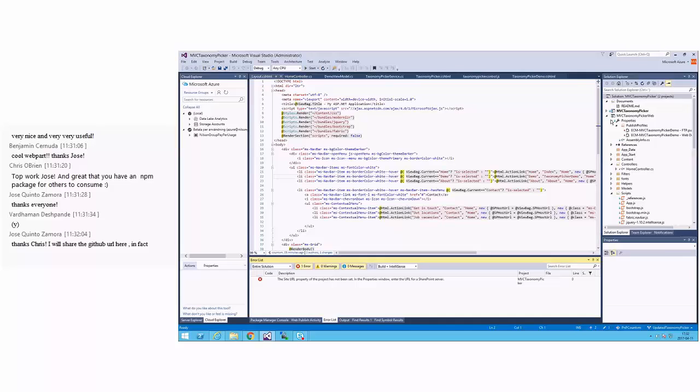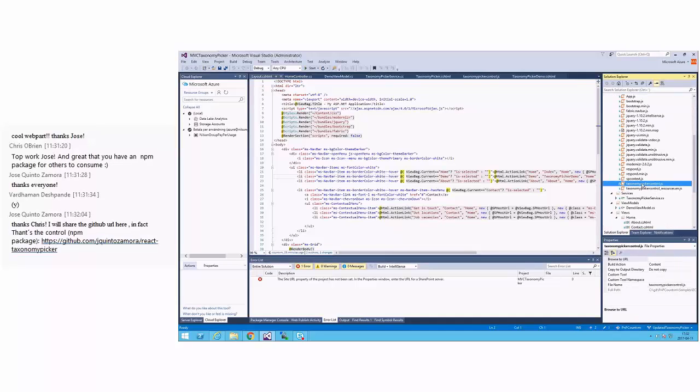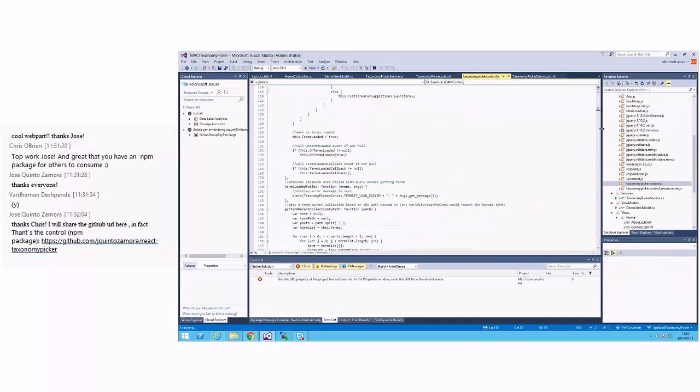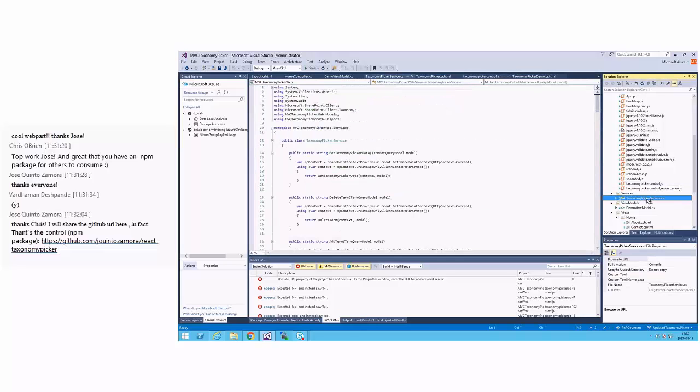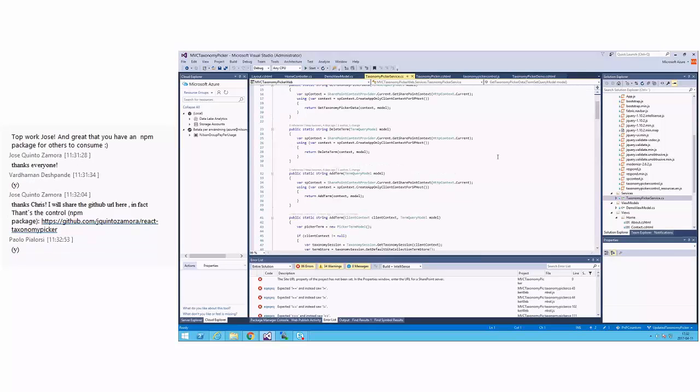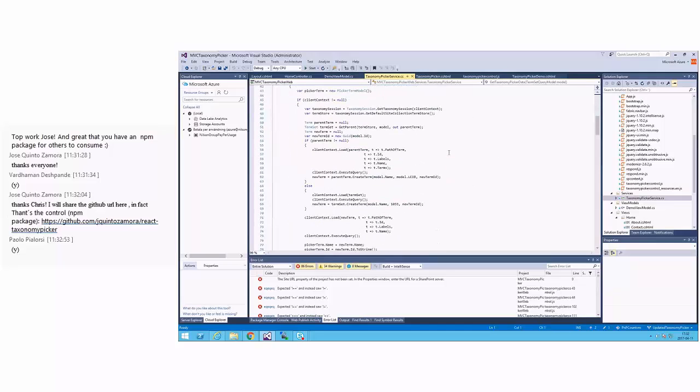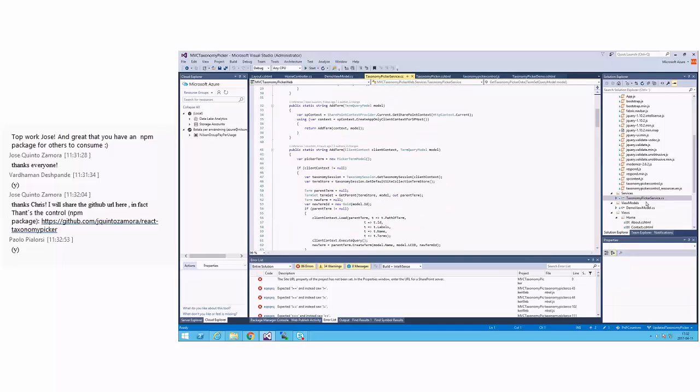For this project, I've used the taxonomy picker, and I basically lifted all the heavy lifting of loading terms and adding terms to my code behind, or my C# code. For that, I'm using a service. I'm calling it a taxonomy picker service, and it contains the methods for retrieving and adding terms. I'm doing this from the view through JavaScript,